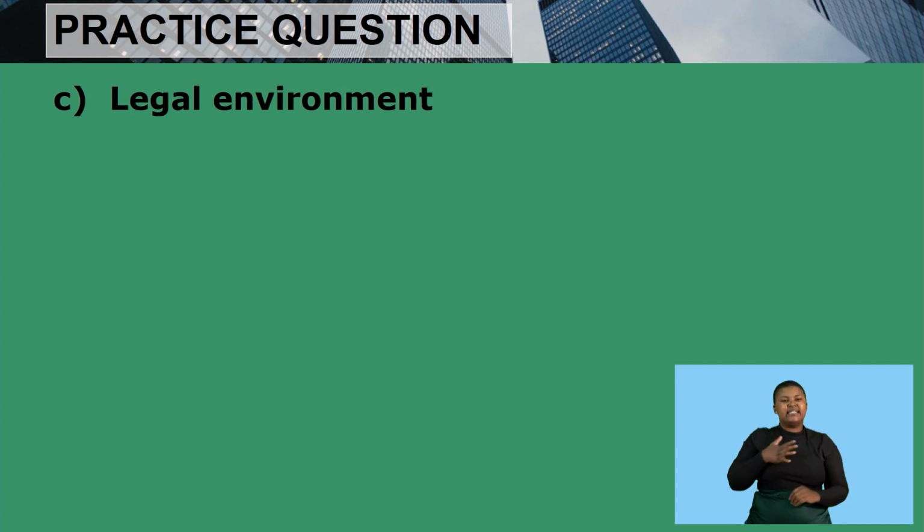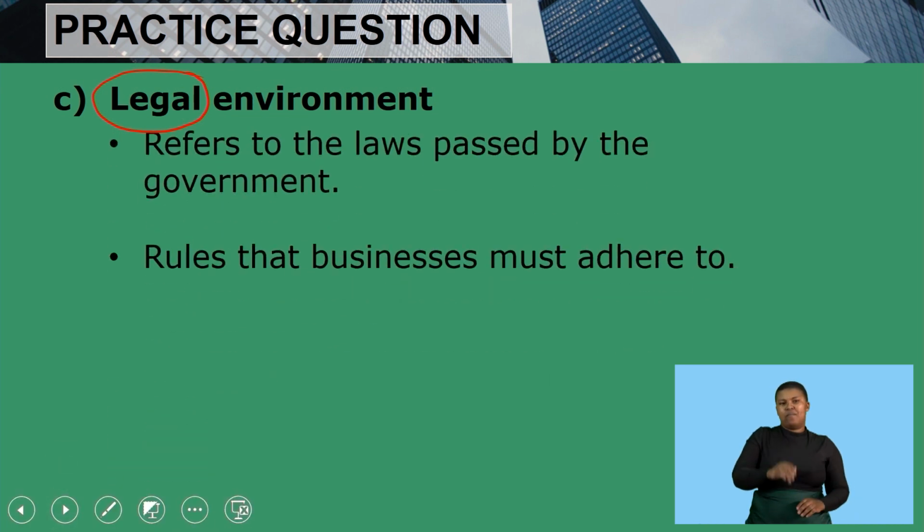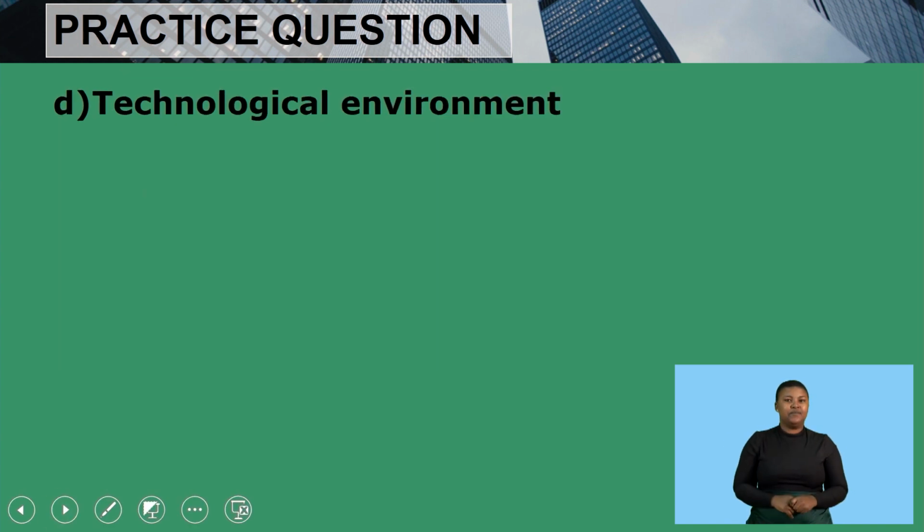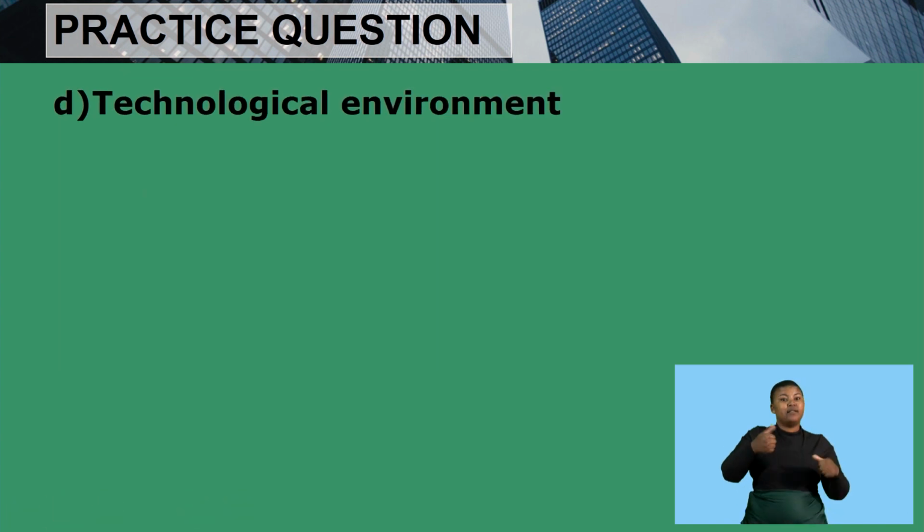Then C asks for our legal environment description. Now remember, legal, think about law and lawyers and attorneys. So this then will be our laws. All laws passed by government that can have an influence on your business, or it can be any rules implemented that your business must adhere to. All right, then last one,